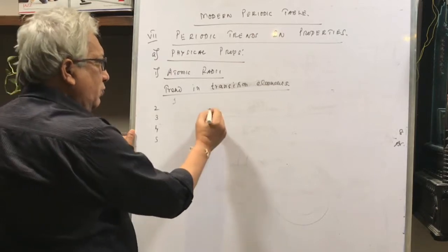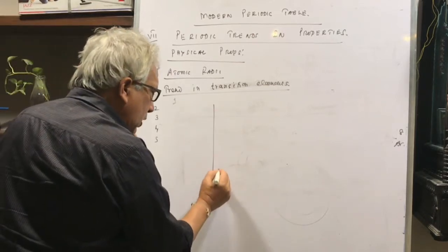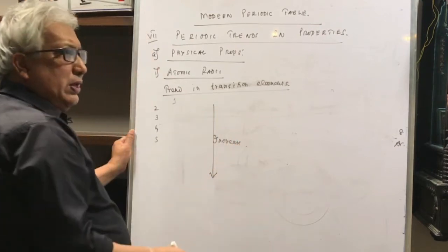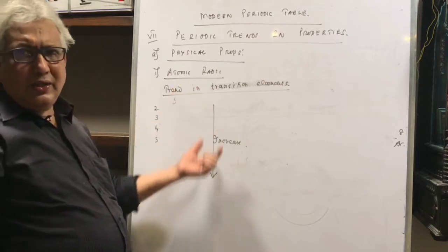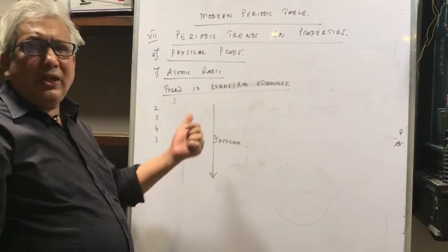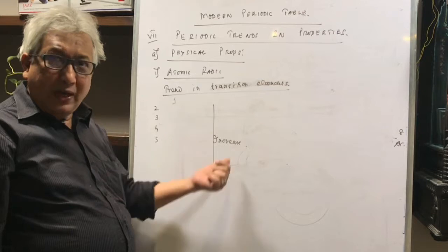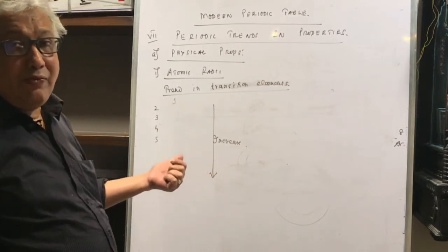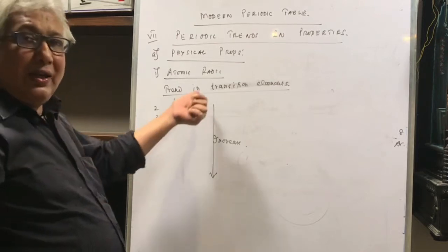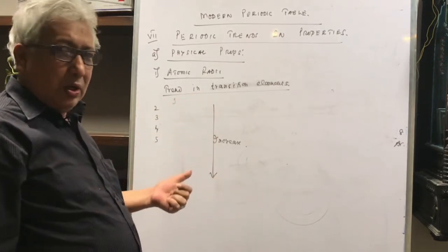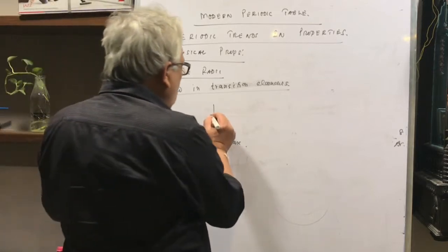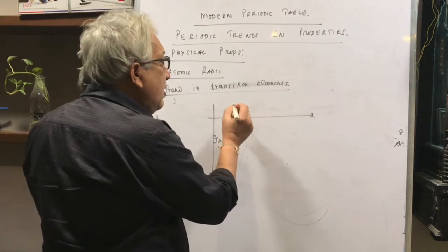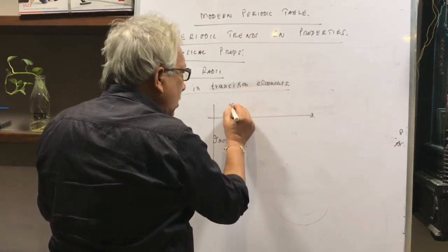The outermost shell has increased, and therefore there is an obvious increase in the atomic radius, just the way it increases in the normal elements, because to accommodate the extra electrons there is an increase in the number of shells. But in transition elements, when you go across the period, the atomic radius